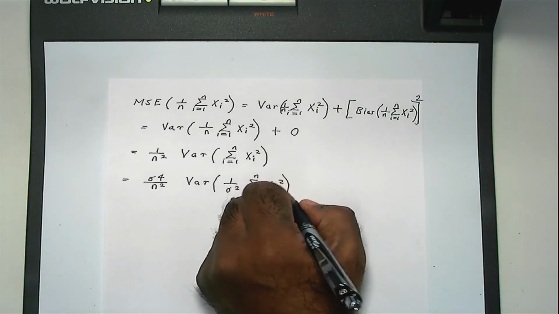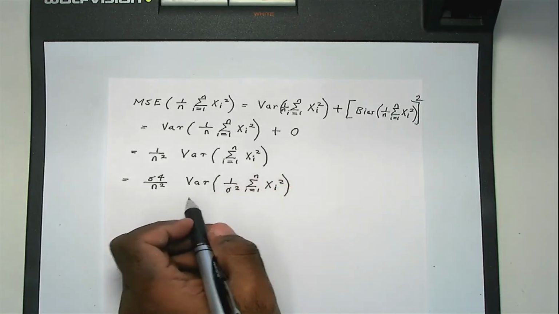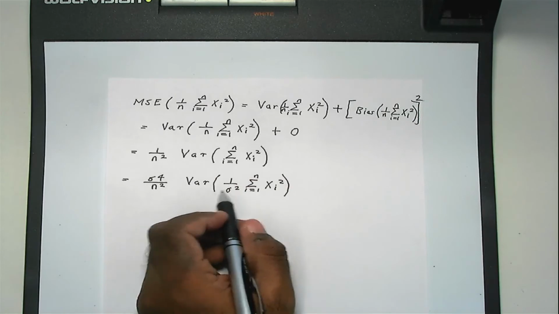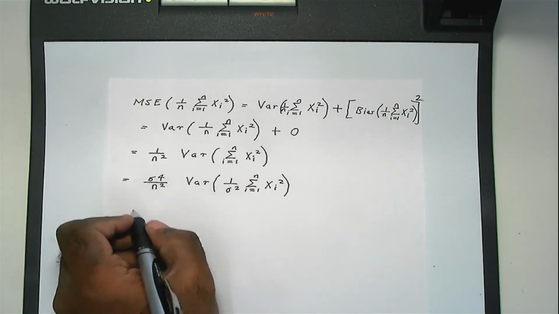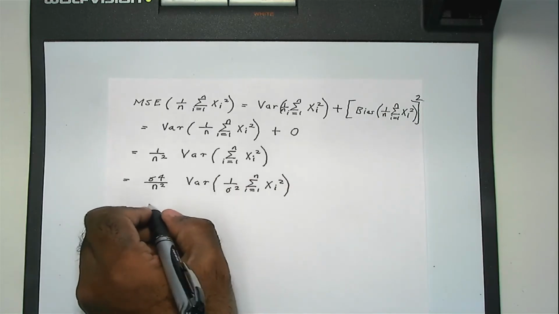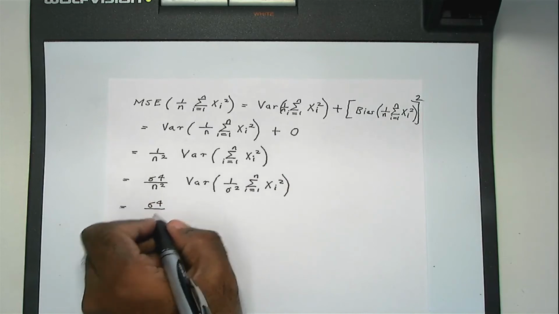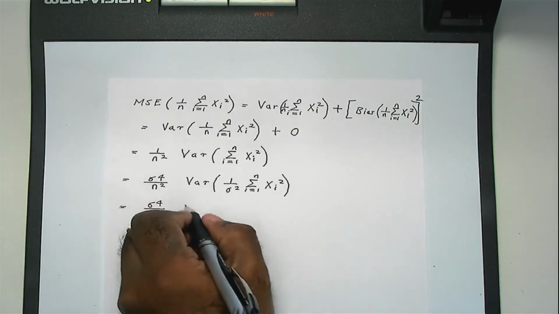You see, when you take the sigma squared outside, it becomes sigma to the power 4, which cancels with this one. So this is sigma to the power 4 divided by n squared times the variance